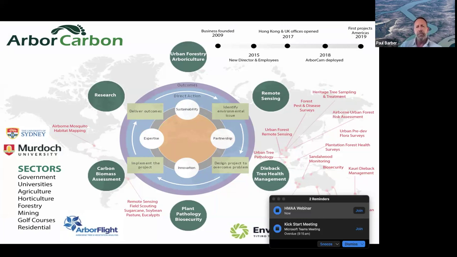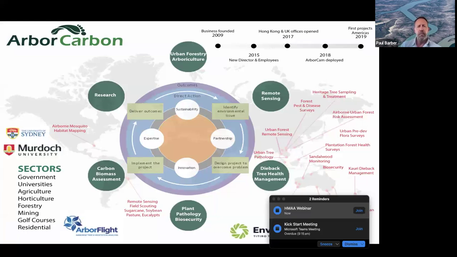There are 4 core values to our business, and we developed those about 12 years ago now. Partnership, innovation, expertise and sustainability, and they still are at the core of what we do as a company now. We've been very fortunate to undertake work around all parts of the globe, in most continents, and that's meant visiting many amazing ecosystems and cities and meeting some incredible people over that time. But nearly all of those projects have been focused on helping our clients and our partners improve the health of the vegetation that they manage using whatever tools they can to do so.